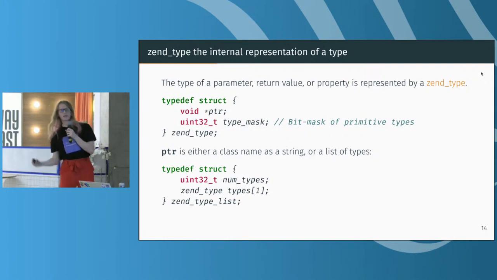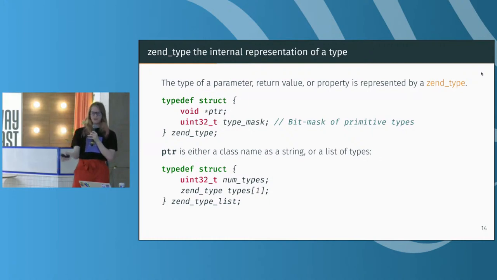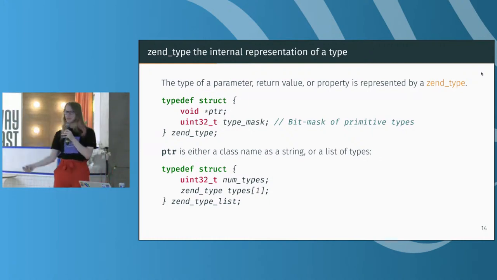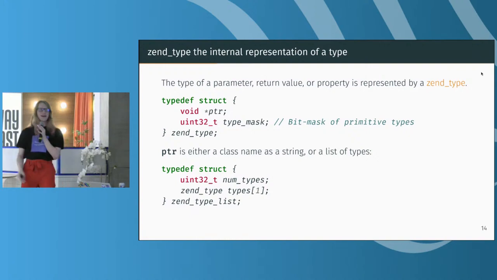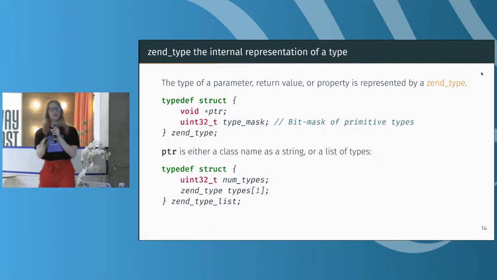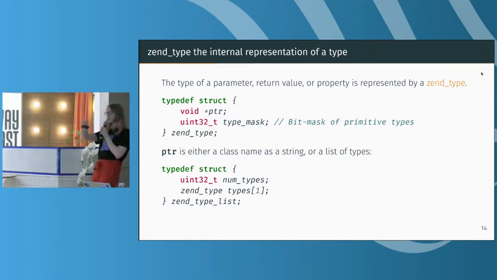The other internal structure related to types in PHP is the Zend type structure. This is mainly used for type declarations, return types, and all of this. So the type of a parameter is represented by this thing, and it has a pointer to void, which basically means: here's an address space, here's a blob of memory, and just trust me, I know what I'm doing. C is brilliant. And then we have a type mask, which is a bit mask of all of the